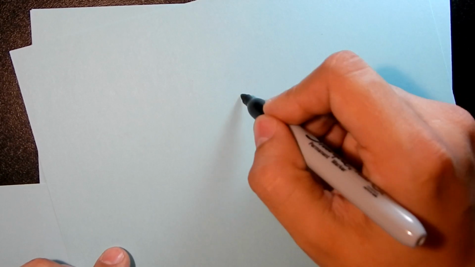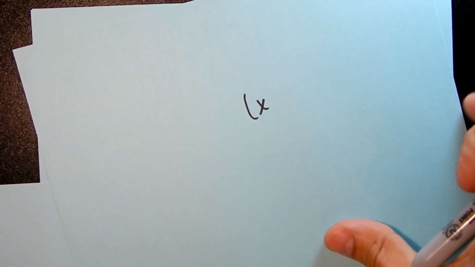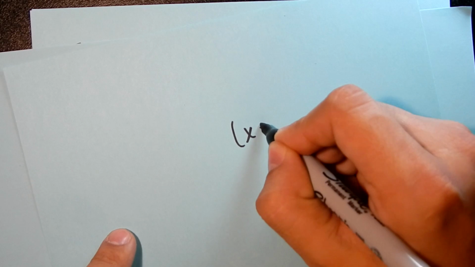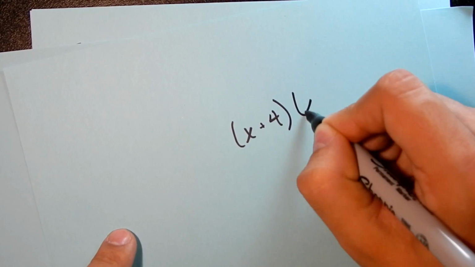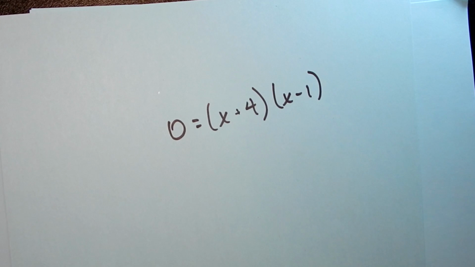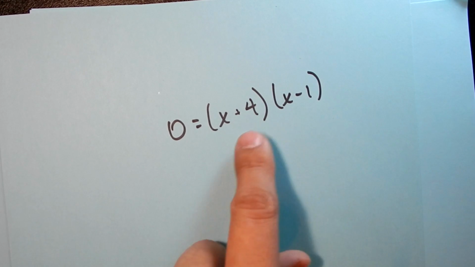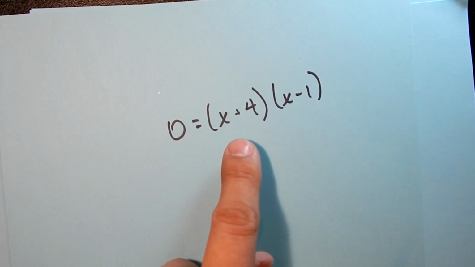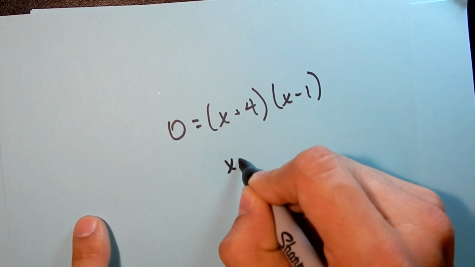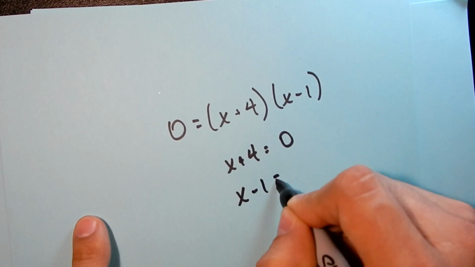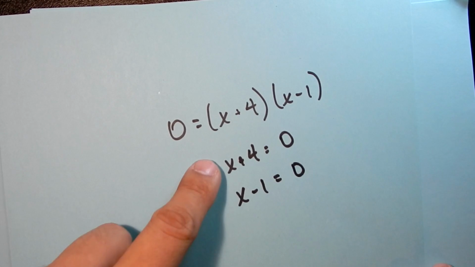If I have something like x plus 4 and x minus 1, and that's equal to 0, right? The zero product property, or the ZPP, tells us that x plus 4 is equal to 0, or x minus 1 is equal to 0, and this is basic